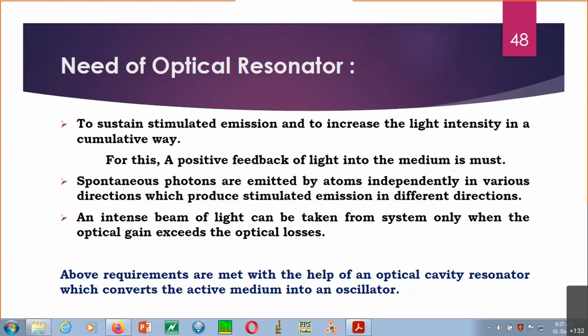An important thing, as I said earlier: in the laser name itself, they say that light is getting amplified. But how is it getting amplified? It is because of the oscillation of the signal between a set of mirrors. So this active medium will act like an oscillator basically. In an oscillator, you need to keep moving your photons back and forth. That's how you are going to achieve your criteria, and you are going to increase the signal. So let me come to the next part.